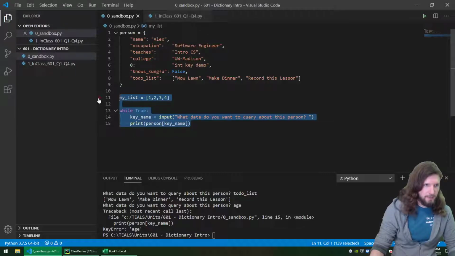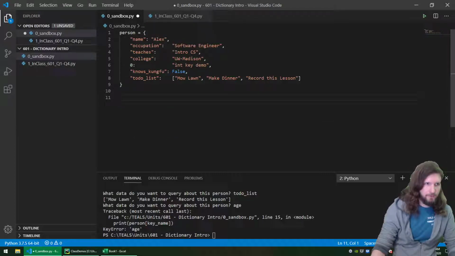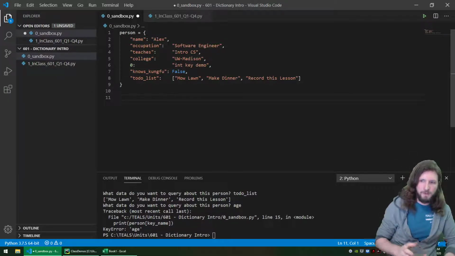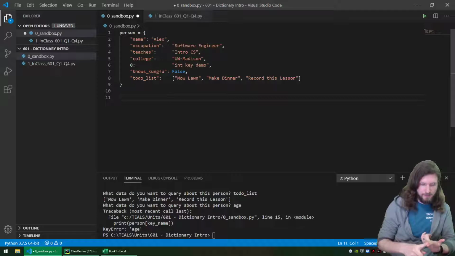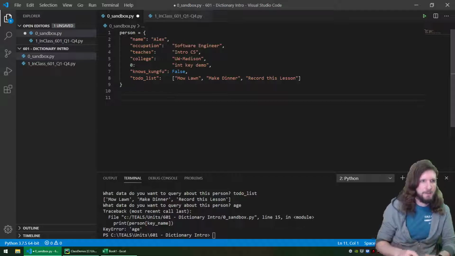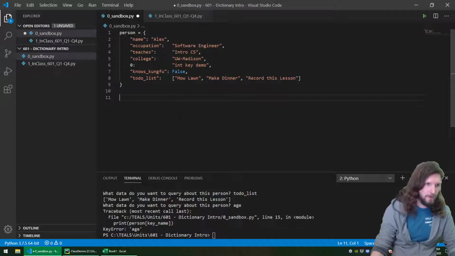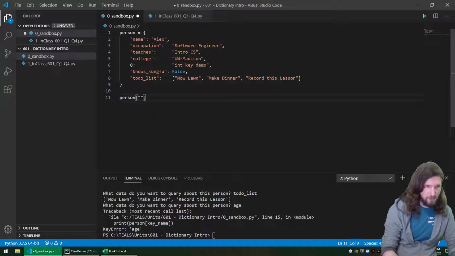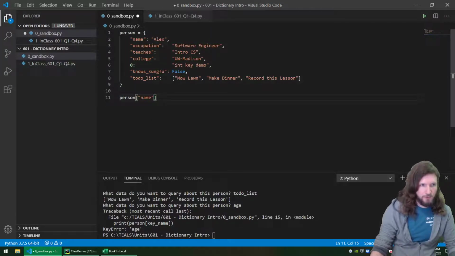Last little point here is, so we've got data in the dictionary that we initialized it with, and we figured out how we can retrieve that data, but now how do we work with it? Like, maybe if we want to update it, right? So maybe we want to change my name to my full name. In that case, what we can do is say person, and we'll put in the key. So similar to a list, where